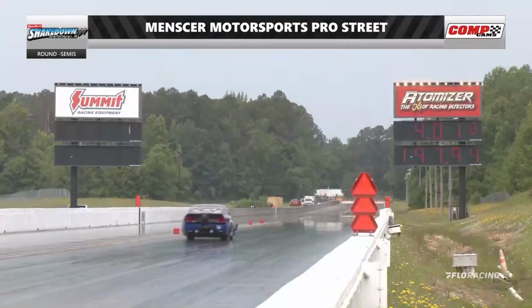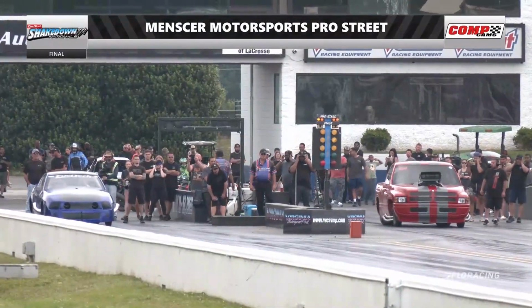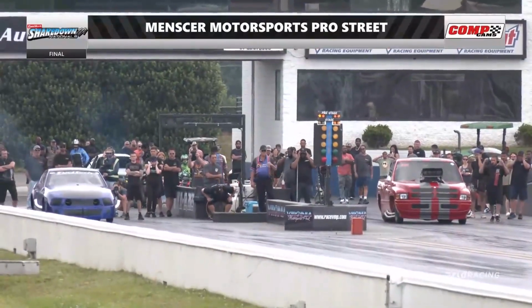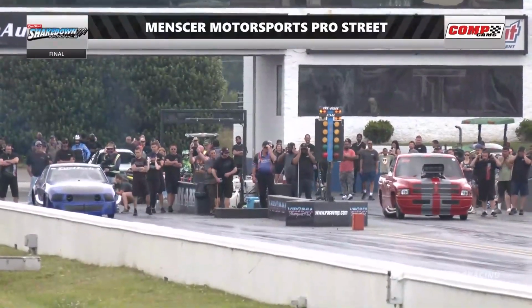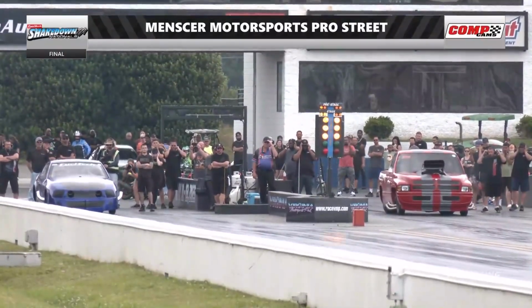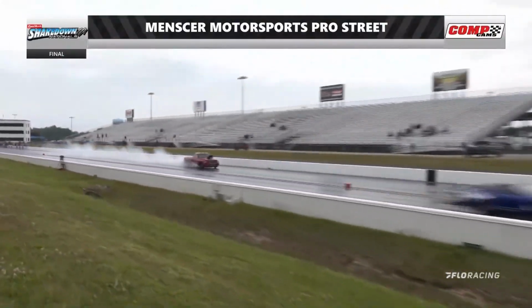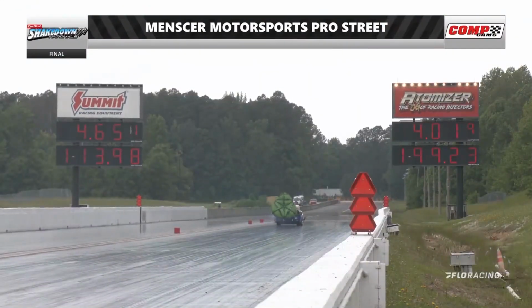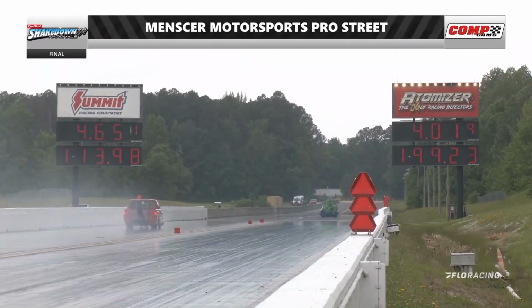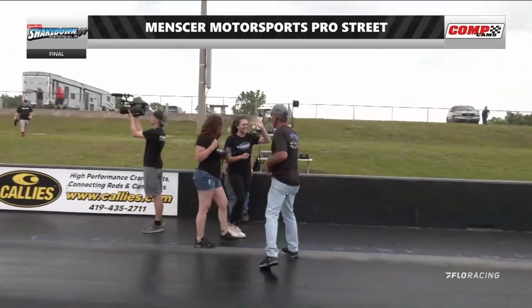Front end hiked up. Ty Casper, 4:01 at 197 miles per hour. He will have lane choice in the final round. Casper has him on reaction time, and a big puff of smoke in Cadotto's machine. Loses fire. Ty Casper,